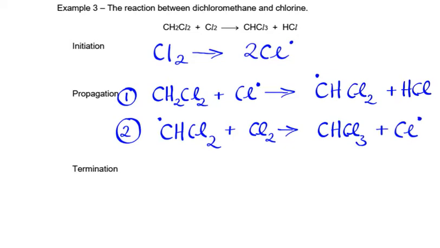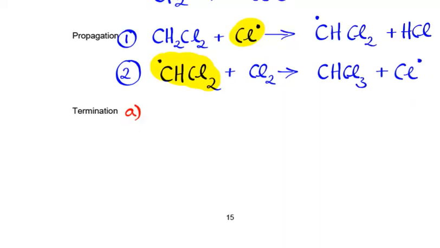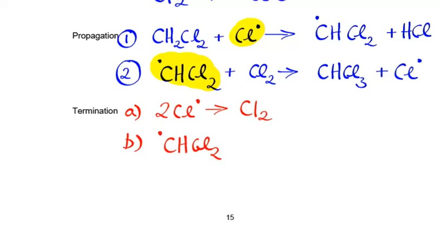For our termination steps, let's have a look at the radicals that we're dealing with. So we have the chlorine radical as well as the CHCl2 radical. So the possible combinations, the easiest one being just two chlorine radicals recombining to form a chlorine molecule, or it might have been the CHCl2 radical combining with a chlorine radical to make